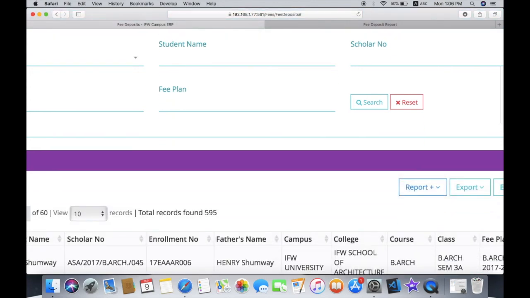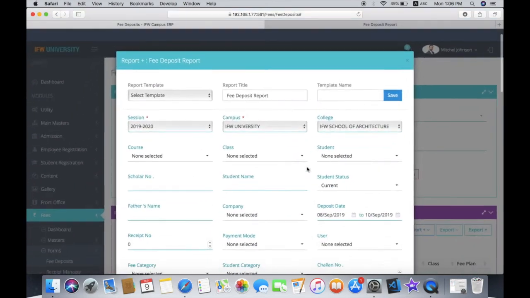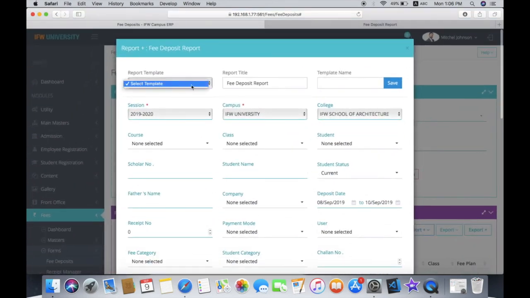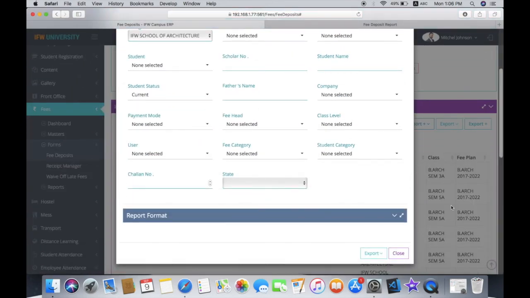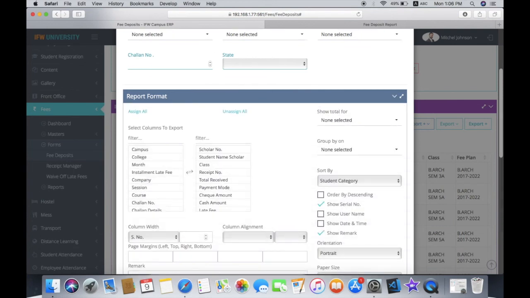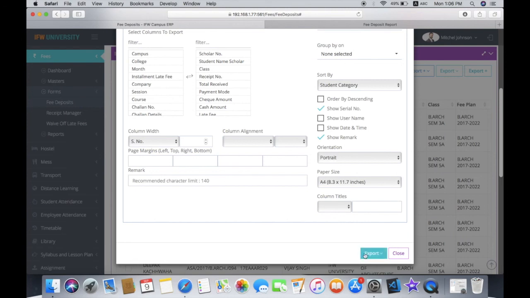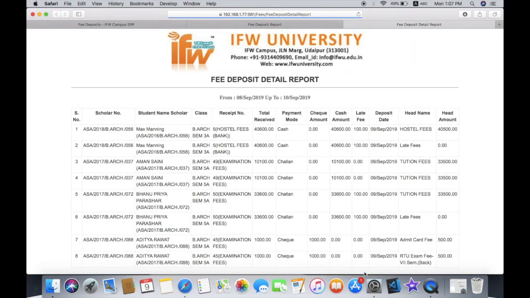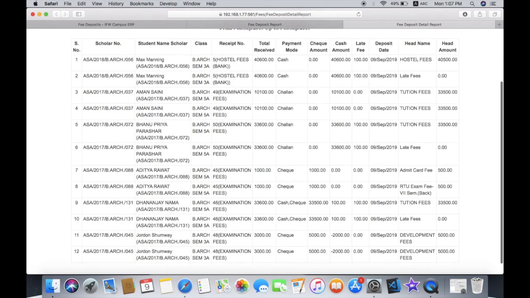Next time when you go to Report Plus and to the deposit report, you will simply get your saved templates here with the fields selected, and you can take the report directly by using the export button. This is how your reports will be generated with the required data.